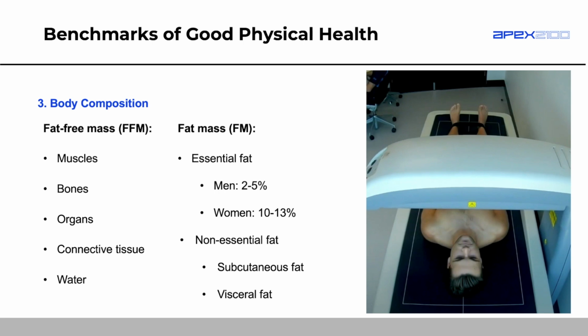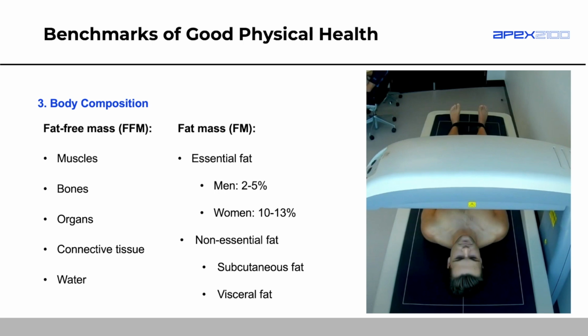Whereas our fat mass is looking at two types of fat. So we have essential fat and non-essential fat. The essential fat is what our body needs to function properly. It's the fat within our brain, within our sort of hormonal system. So hormones need fat to absorb and be carried around the body. So there's some level of essential fat that we're always going to have. For men, it's around 2 to 5%. So if you ever see on Instagram a guy saying he's at 1% body fat, he's either lying or he's used a really inaccurate measurement technique. For women, it's 10 to 13%. So extremely unlikely that you'll see a woman at 9% body fat if they've measured it correctly.